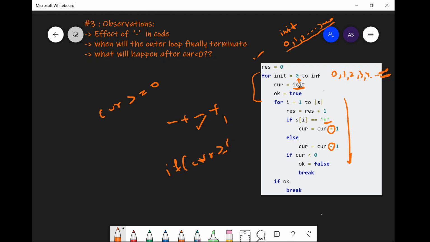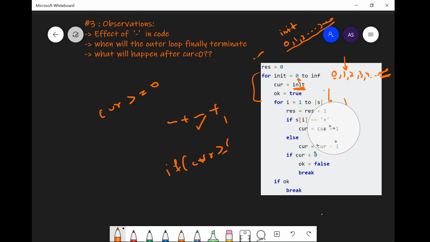So basically the current variable over here would be having values starting from this, and it would be increasing. So first it would enter this small loop with value 0, then if this entire loop is coming out with OK value false, then it will again go to the next iteration, then the current variable will take value 1 and then again enter this loop. This process will go on until this condition is not met anywhere inside this smaller loop, and this OK comes out to be true and we break.